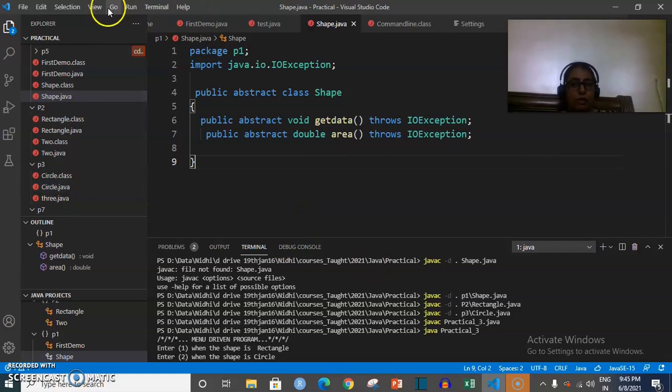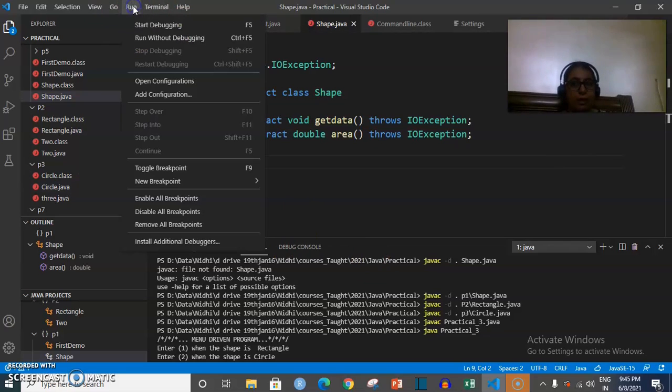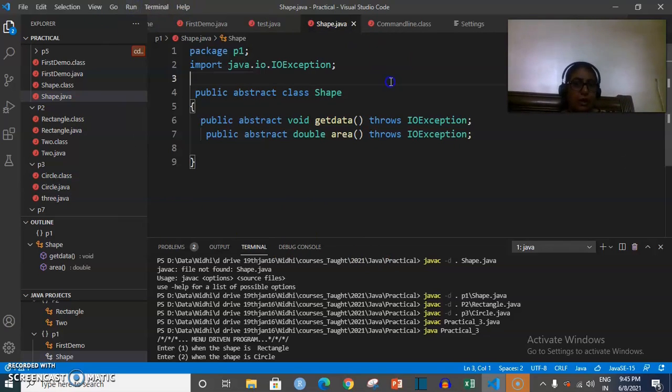And if you are able to compile from here, that means if you are able to debug from here, it's fine. But some students have reported to me that they are not able to debug. So compilation of these files is very important, because until you compile them, the dot class file will not be generated. And if you don't have a dot class file of any class, you cannot use it to create an object. So before creating any object of these classes and importing them into another file, compilation of these files is very important.